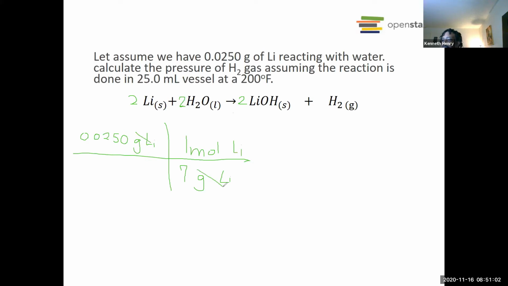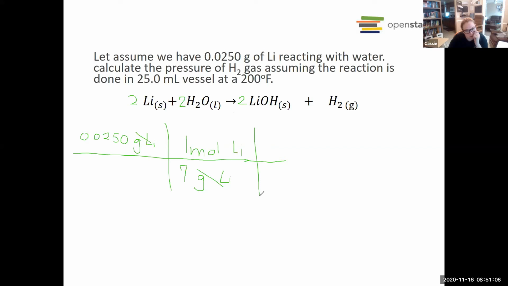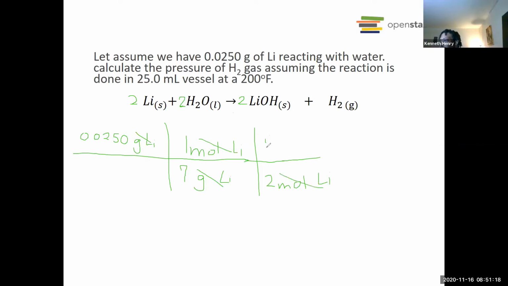Okay. Grams cancel out. We get moles. Then you have 2 moles of lithium on the bottom to 1 mole of hydrogen on the top. Moles of lithium cancel out, and we have moles of hydrogen. Isn't that what we want, to work with our ideal gas law? Yep. Okay. So that gives me